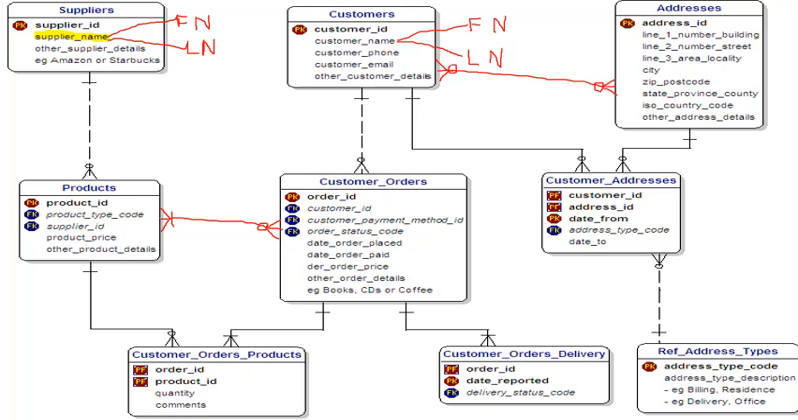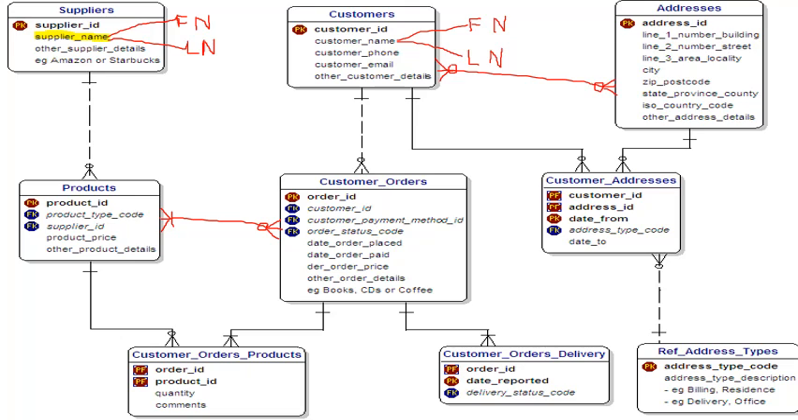So the relationship between the supplier and products will be 1 to 0 or many, and the relationship between products and customer orders is many to many. But in the real world, in a relational database, we cannot show many to many relationships. So we need to create a bridge table which contains the primary key of both the tables, and both the primary keys act as a